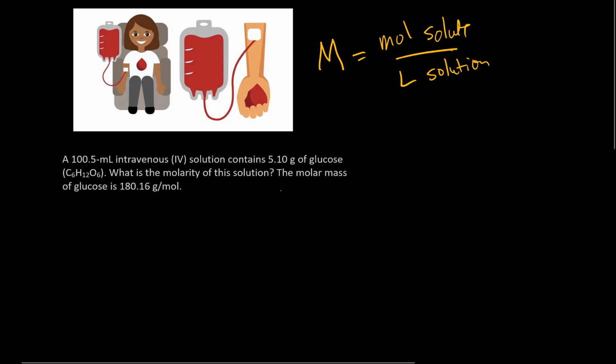All we do is we start off with what our measurement would be of the glucose divided by the solution, and then we convert our units to match molarity, which is moles of solute per liters of solution. So let's start off with 5.10 grams of glucose, C6H12O6, per